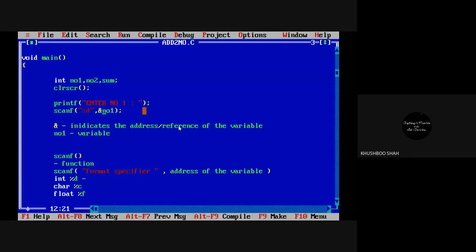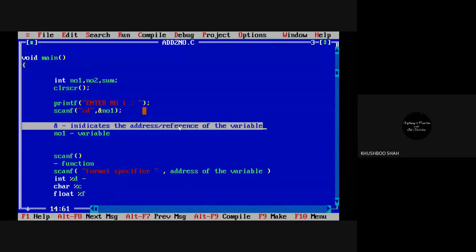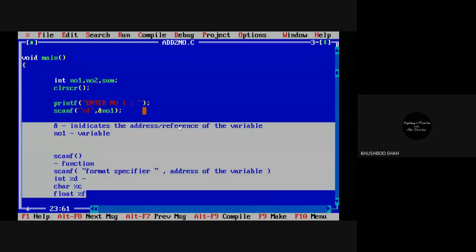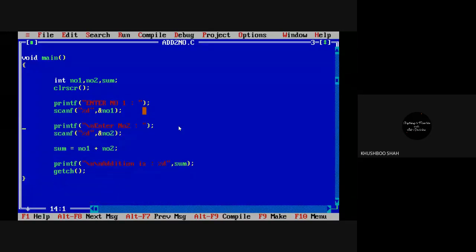So the scanf statement takes the input from the console and stores that data inside the memory at a particular location. For this statement, the location is no1. Fine? Yes, ma'am. Guys, any other doubt? No, ma'am.